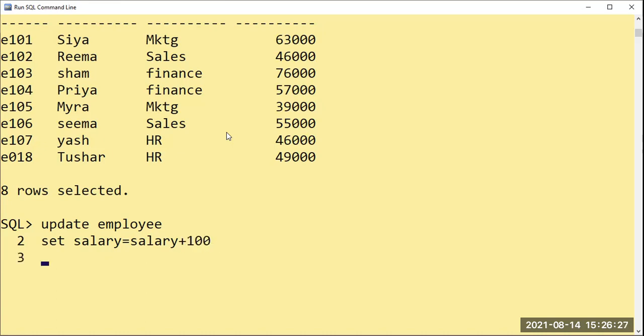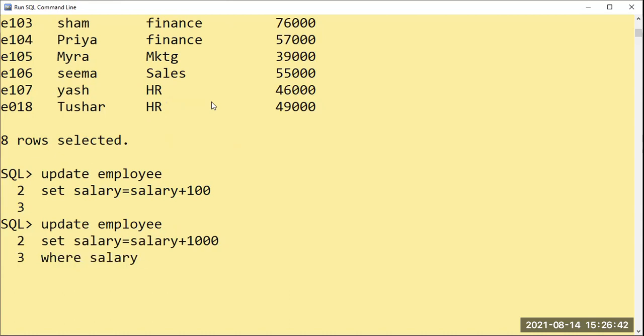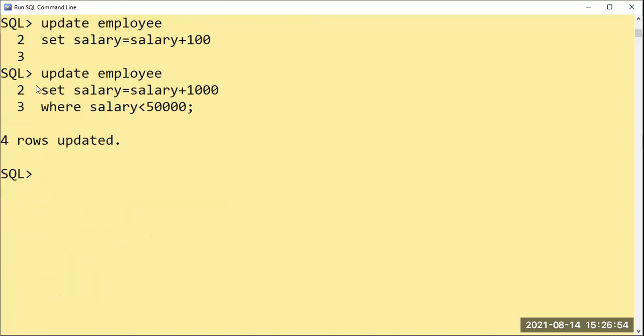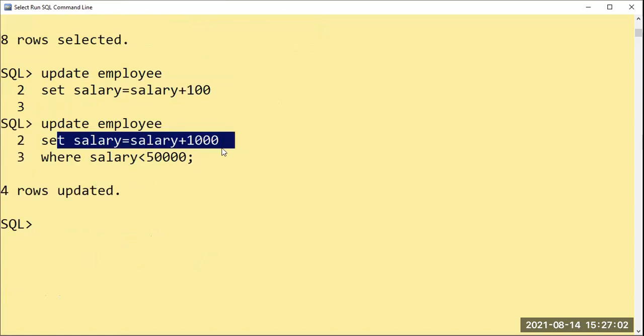Where, sorry. Wait, once again, I type. Update employee set salary equal to salary plus 1000, where salary is less than 50,000.